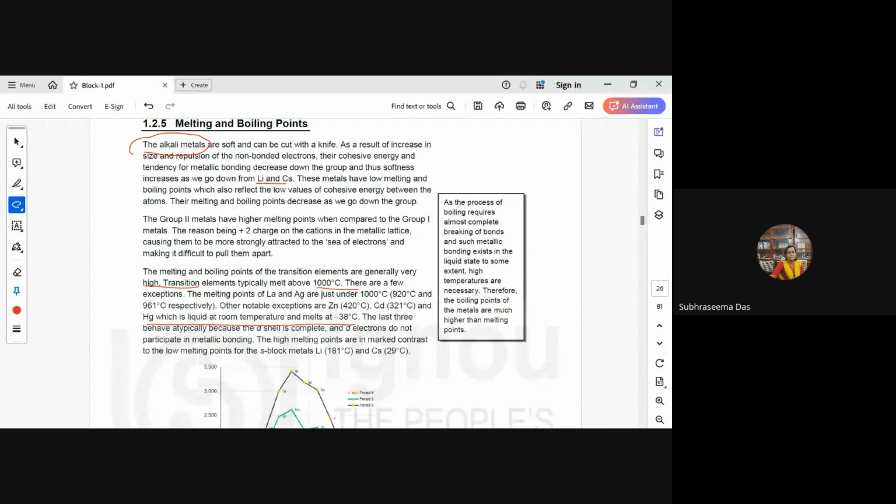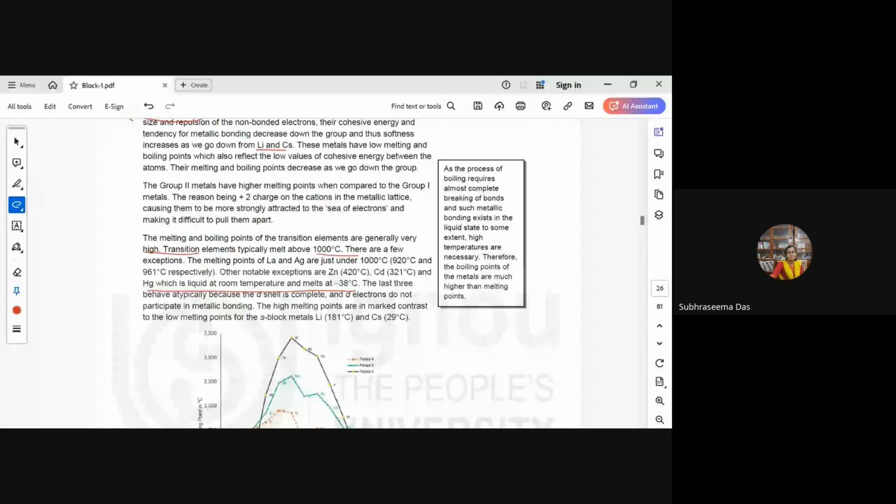So here we do encounter an exception in zinc, cadmium, and mercury; mercury is, as we know, liquid at room temperature. The last three elements behave like this because in all these cases the d shell is complete, and the d electrons do not actually participate in metallic bonding. So the high melting points are in contrast to the low melting points of the S block